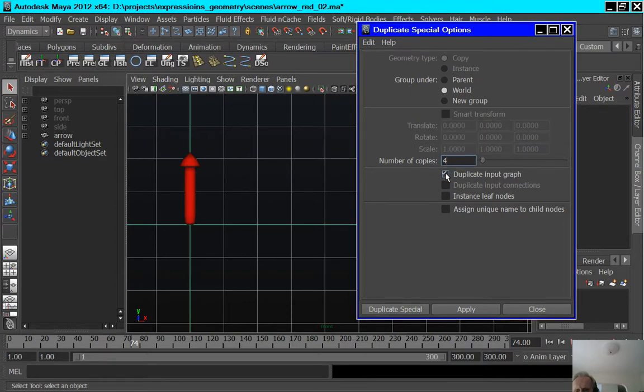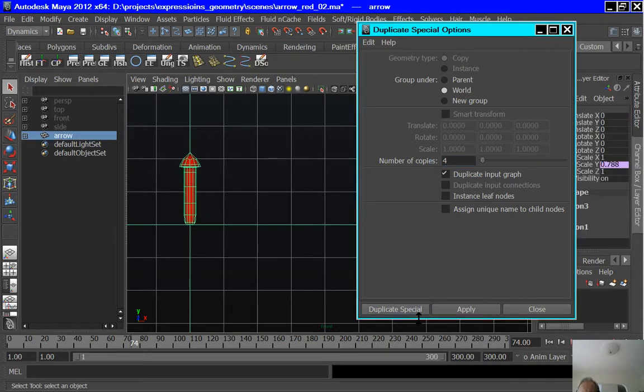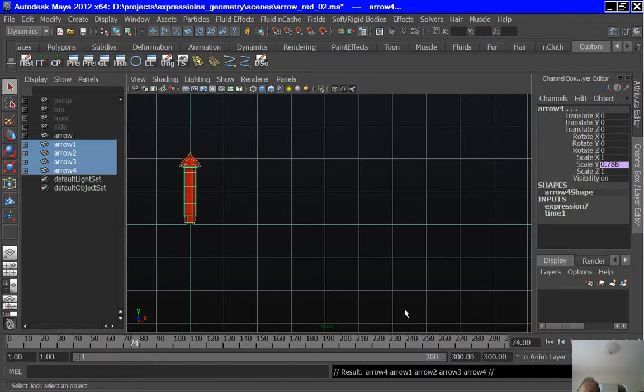So check this, and then we'll have to select the arrow, and then hit duplicate special. So what we have here are our 4 duplicates, and what we need to do is for each